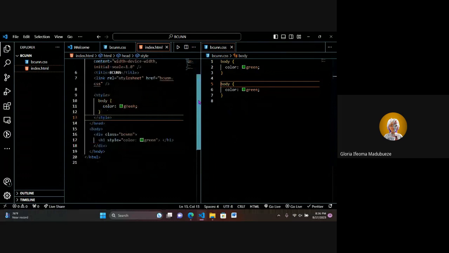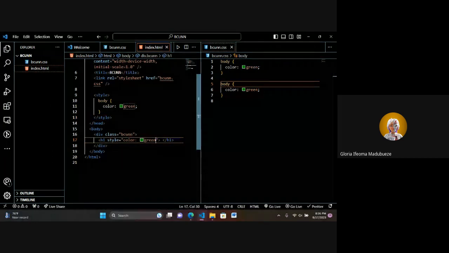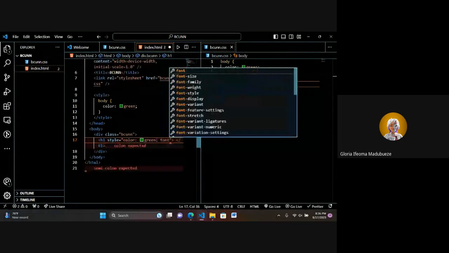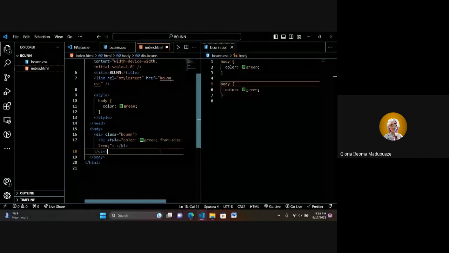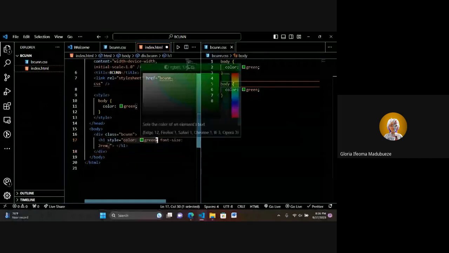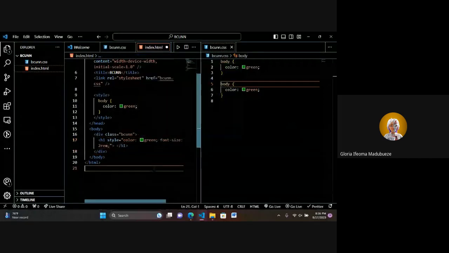That's on the head. And if you guys are getting me, so this internal styling here, what if I want to style multiple stuff? I want to write color, font size. Look at what you use to differentiate them: this semicolon here. Let me highlight it. This semicolon here. If I remove this semicolon now, that's what you use to